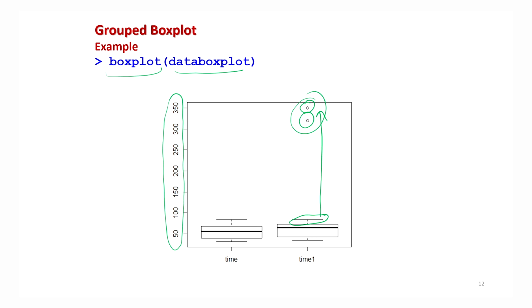So by looking at this group box plot, you can see very clearly that these 2 points are possibly the outliers. Now it is your decision how you want to handle these outliers, whether you want to remove them from the data or use some robust statistics, whether they are part of the experiment or they are entering into the data because of some problem or mistake, etc. These different types of conclusions can be taken by you, right?